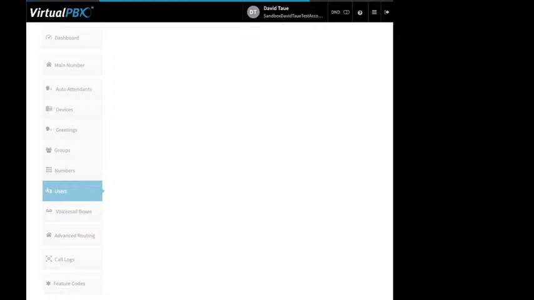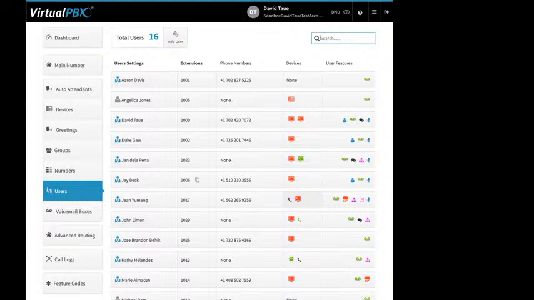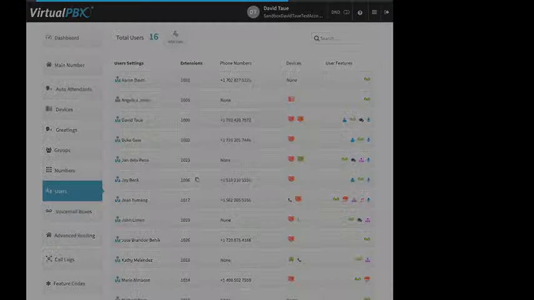All right, users. So you see all the users on the account. Little boosted icon means this person is an admin, whereas the gray person icon is a standard user. To create a user, you click on add user,